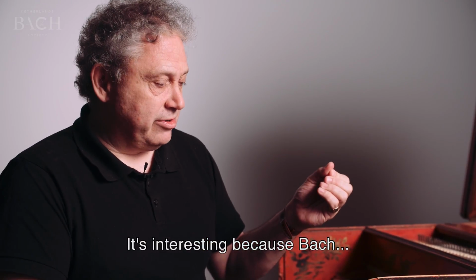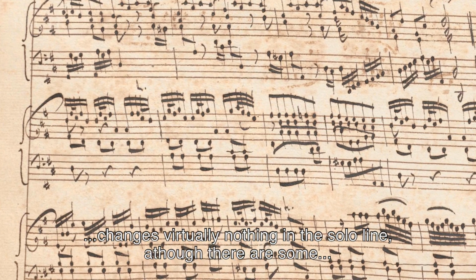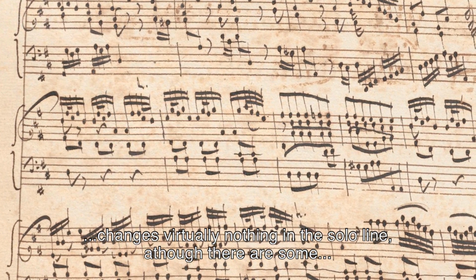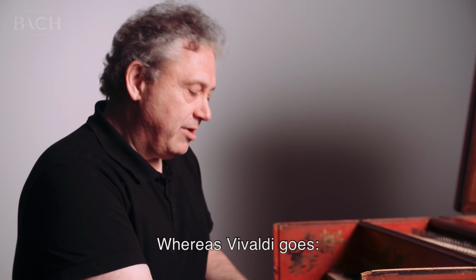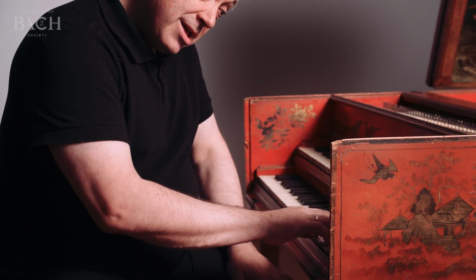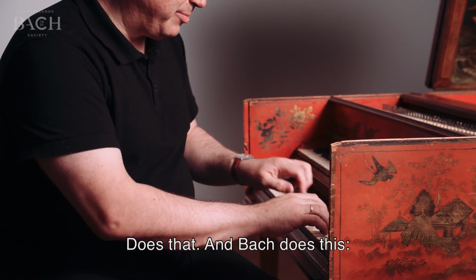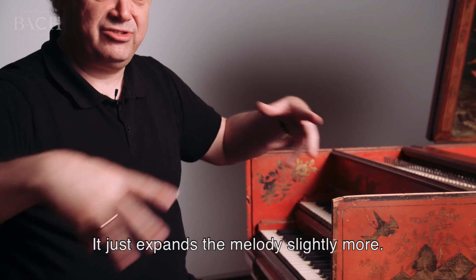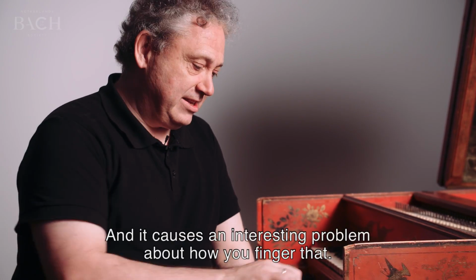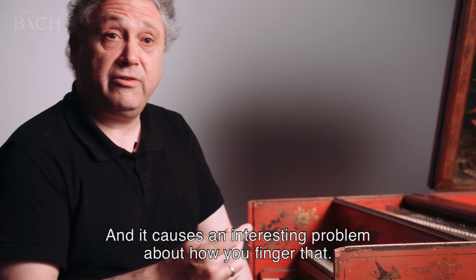Which it's interesting because actually Bach changes virtually nothing in the solo line, although there are some. The delicious one is, whereas Vivaldi at the end goes, does that. Bach does this, which just expands the melody slightly more, and it actually causes an interesting problem about how you finger that,